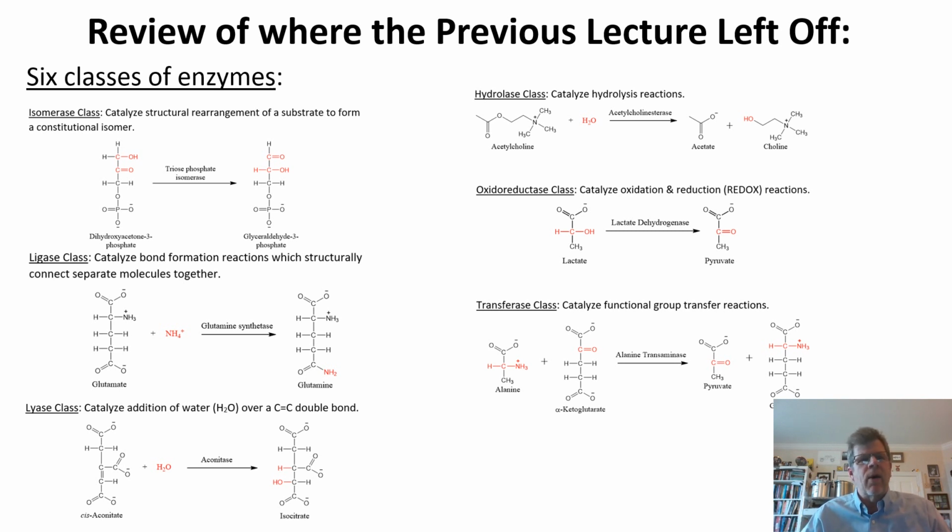And what we had left with were the 6 classes of enzymes, not names, but classes of enzymes that typically carry out or catalyze these types of reactions. They can be put into 6 categories. We had gone over in detail the names of them and examples of these 6 classes of enzymes, and we left off there. And what I'd like to do now is take a sort of real-life look, a specific look